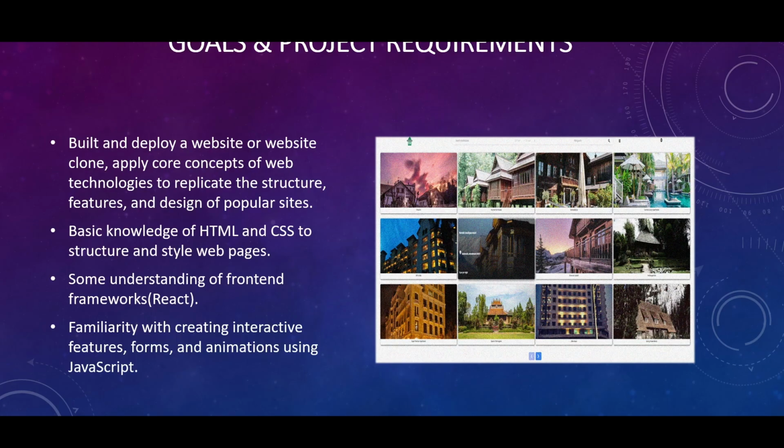The goal of this project is to build and deploy a website, or we can say a website clone, and apply core concepts of web technology to replicate the structure and features of a popular website, in this case, Airbnb. Moving along,